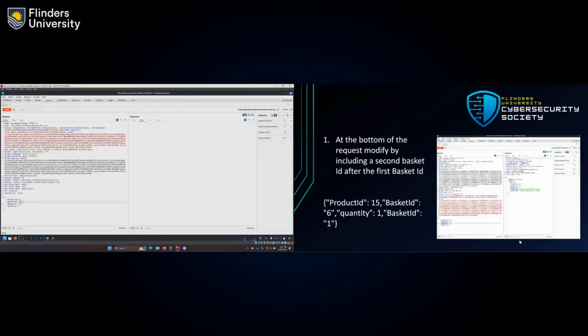So by putting the original on 6, and then the new user should hopefully be 1, if this is correct, it will do that one first, realize that's actually not correct, and go to this one. So if I just go send, if all goes well, or not, alright,